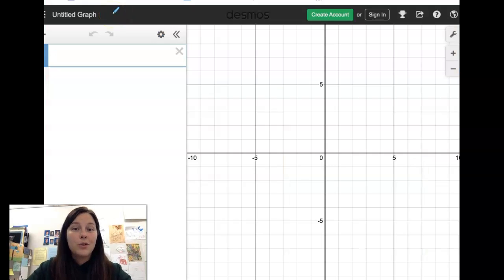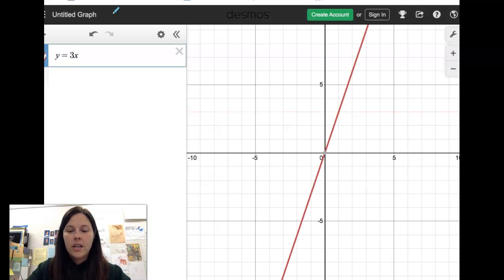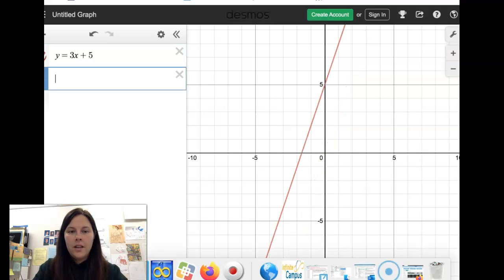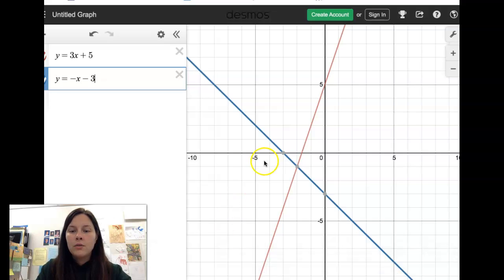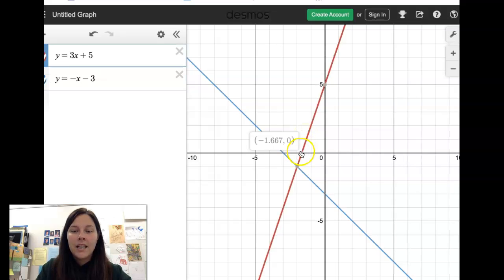And I'm going to type in those two equations that we had. Our first equation was y equals 3x plus 5. And our second equation was y equals negative x minus 3. So we can see our two lines graphed here. We can see that they meet in one point. With Desmos, what you can do, I'll be clicking because I'm on a computer, but on your iPad, you can just tap the line and you'll see these gray points that come up. And those give you some points on the line that you can use to graph it